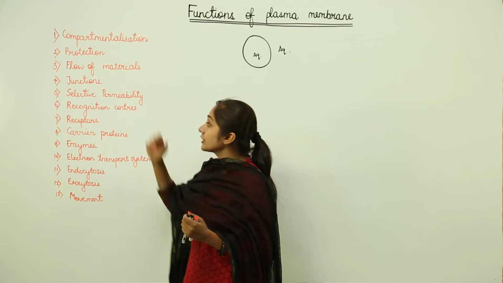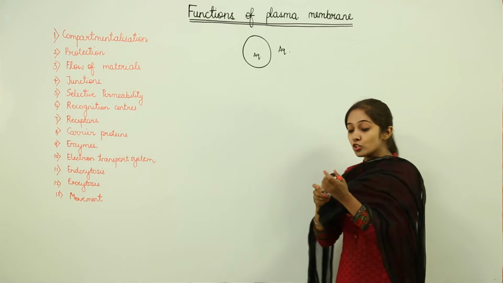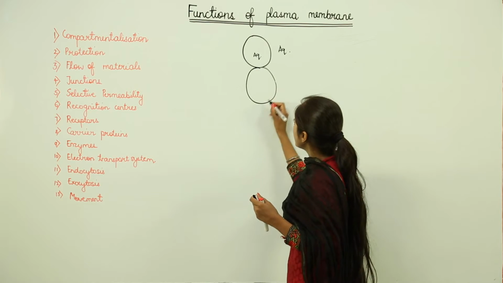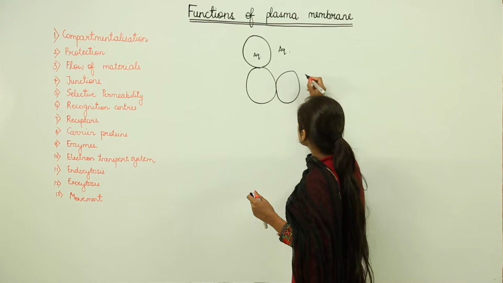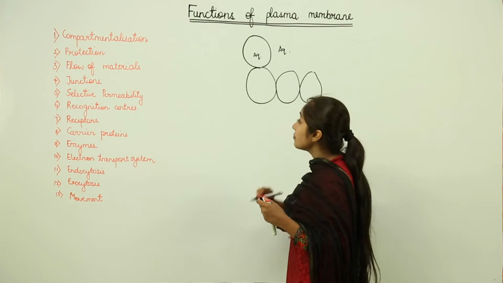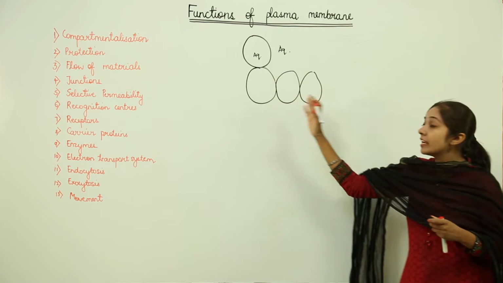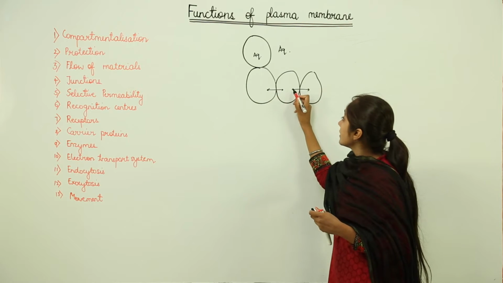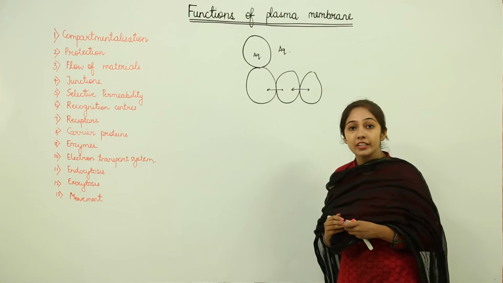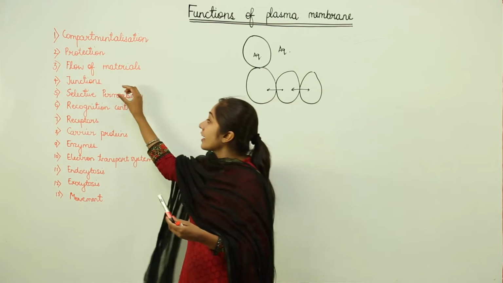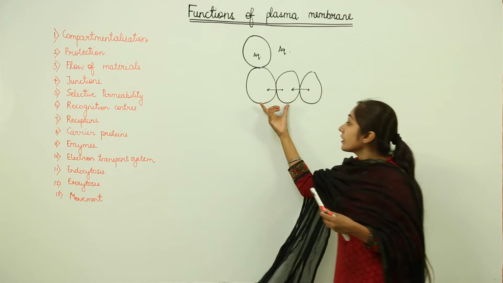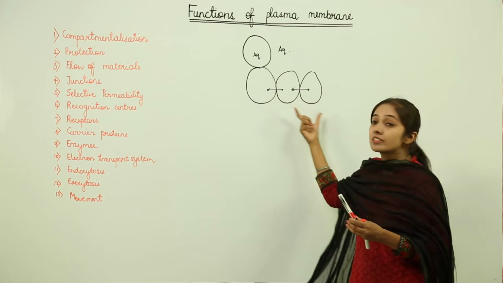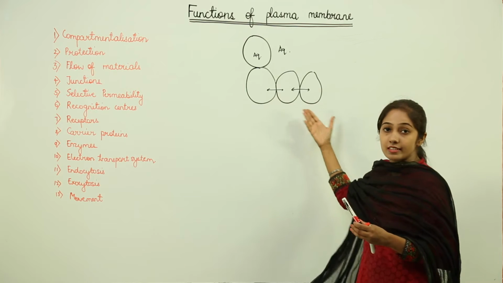Then we have junctions. Now, when the adjacent cells are joined to one another in such a fashion, what is helping them in the exchange of materials between these adjacent cells? This is what? This is plasma membrane. So, the certain junctions that are there, because of the plasma membrane, it allows what? It allows the transfer of materials between these adjacent cells, between these closely associated cells, right.